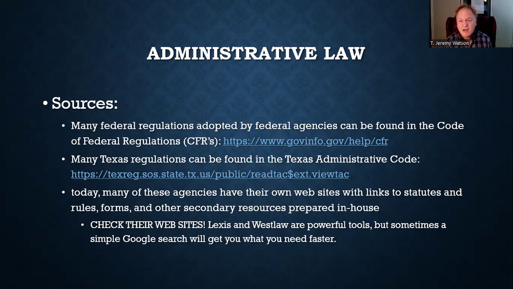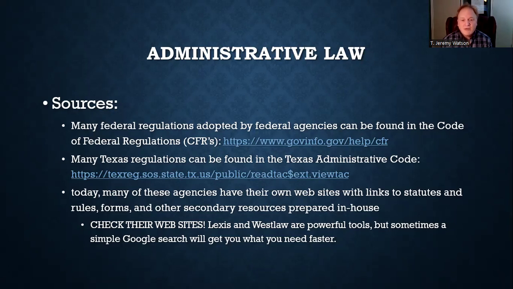Texas regulations are even harder to find, but they're in the Texas Administrative Code. So don't look at that Capitol Statutes website, because they're not there. Regulations are not statutes. The Texas Administrative Code can be found at that website on your screen. You may want to copy that down. I'm telling you, every time I give you a website, it's because these are things that I use, sometimes daily, but daily or weekly or at least monthly.